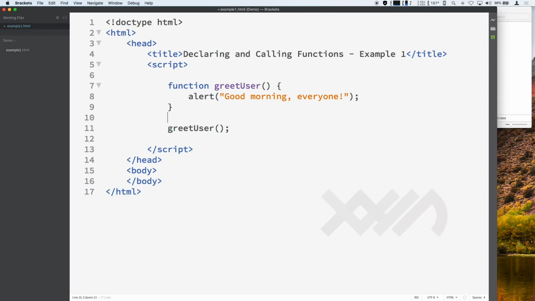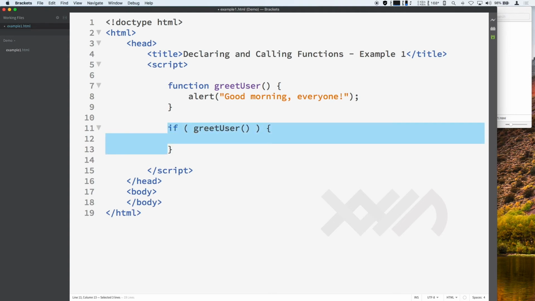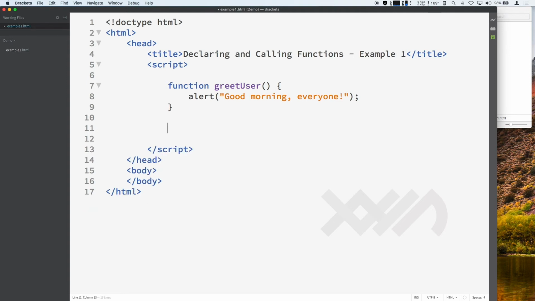Usually for functions that return values, you'll need some kind of variable on the left side of the function call, or perhaps the function is part of a larger statement, perhaps an if statement, something along those lines. In this case, because this is a very simple, straightforward function, with no parameters and no return statement,